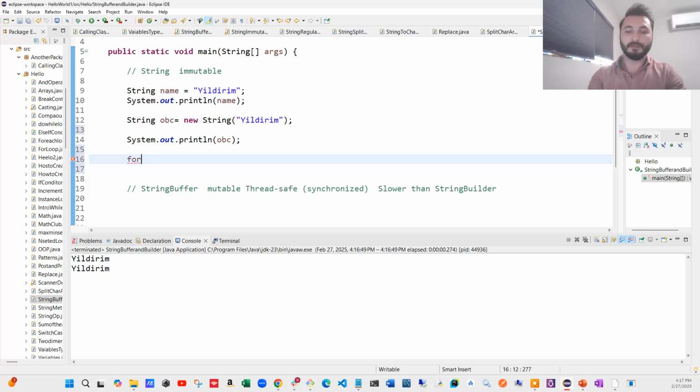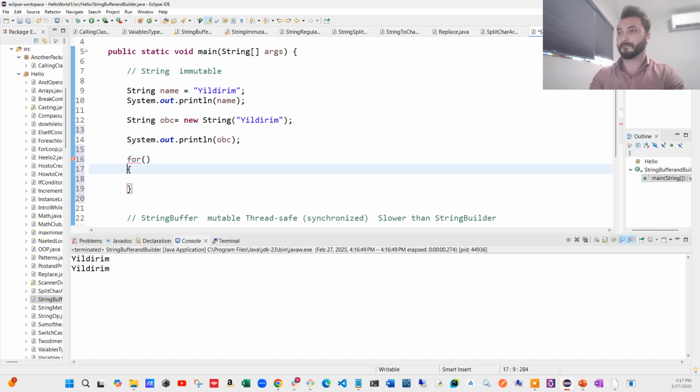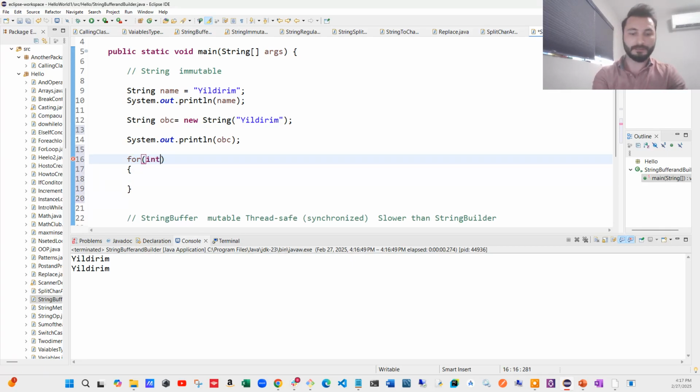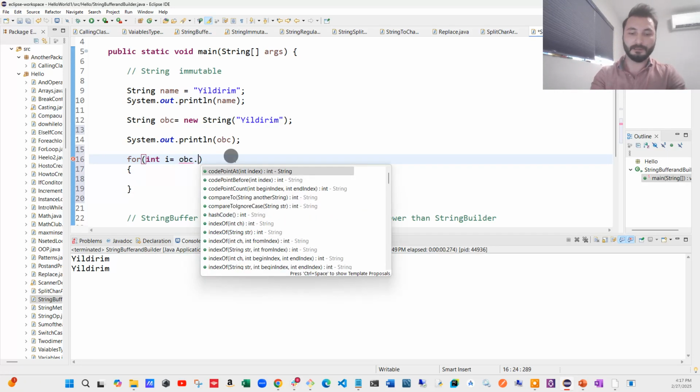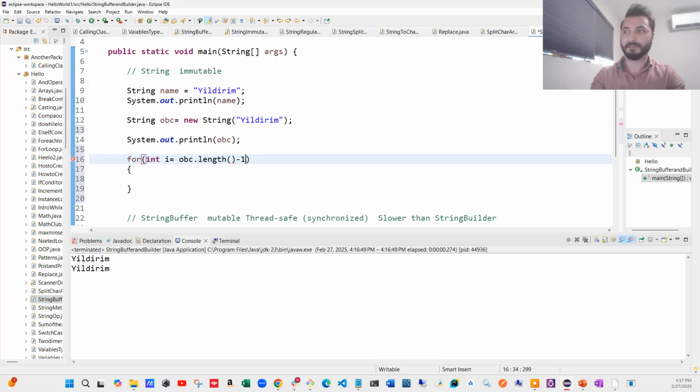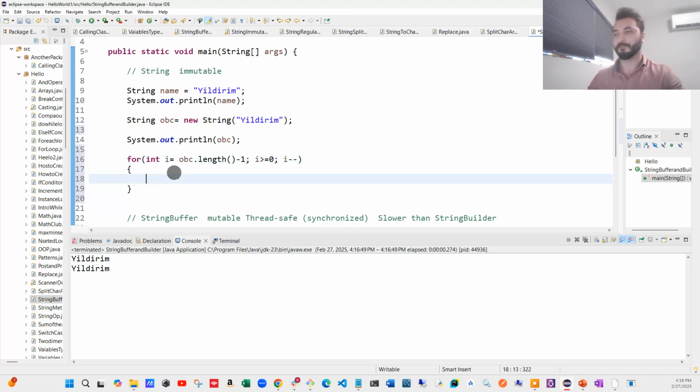So for example, for int i equals obc dot length minus 1, since we are going to reverse, we need to start from the last index, and i bigger than or equal to 0, i minus minus. And then if you say obc i, then you will see